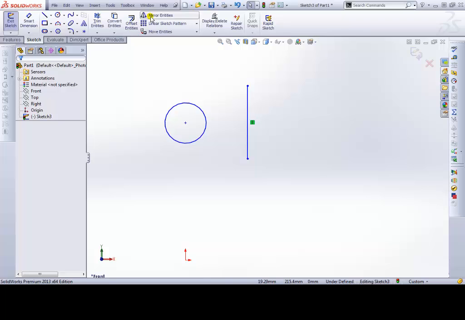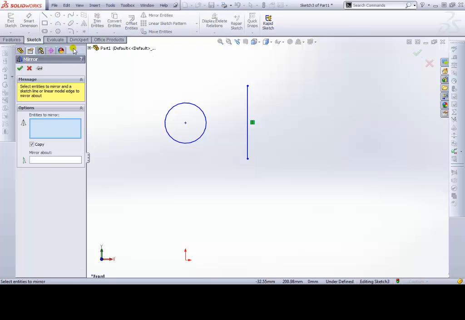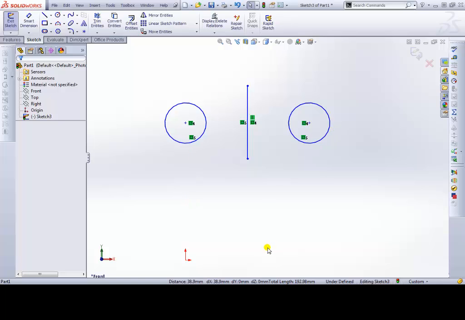I'll go ahead and activate the mirror entities. The first thing I have to do is to select which object to mirror. I'll go ahead and select this circle here. As you can see, it's now placed there. I have the option to copy it or not, and I'll go ahead and specify what I'm going to mirror about, which would be this line here. Again, I can leave copy on or off. Typically I'll want to copy it, so I'll go ahead and accept that option, and I mirrored the circle across